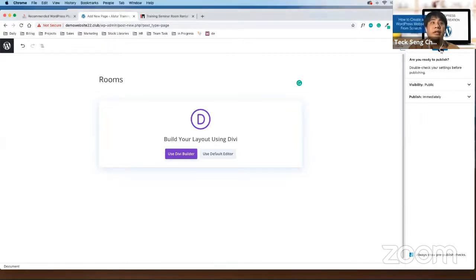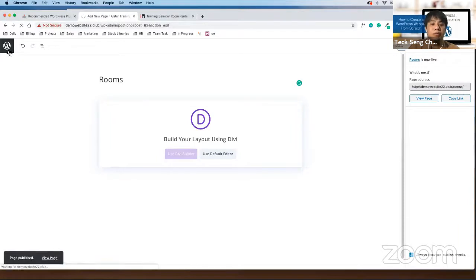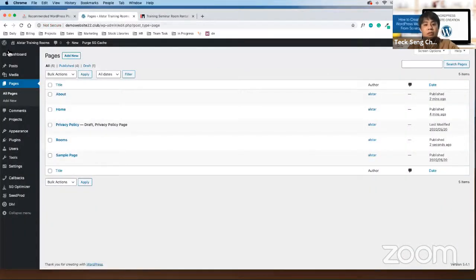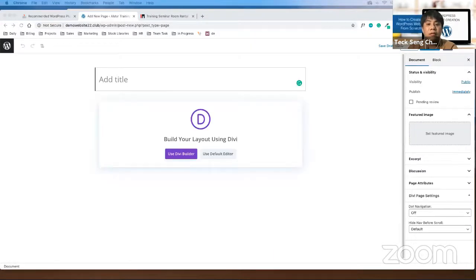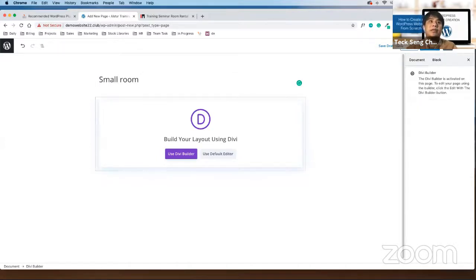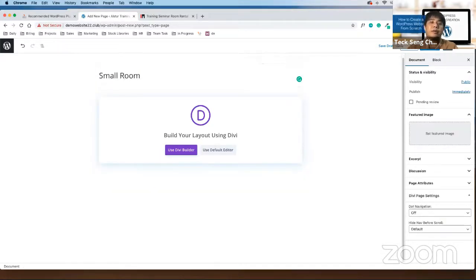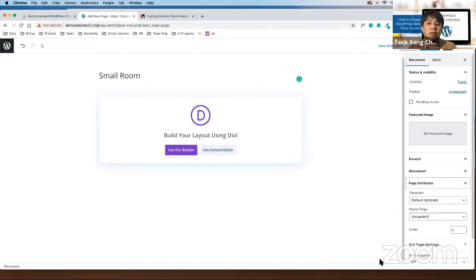Publish again. The next thing that you want to create, go to WordPress. We want to create small room. Click on add new. We're going to create title small room, but this time around, instead of clicking publish, on the right hand side, can you see there is page attributes?